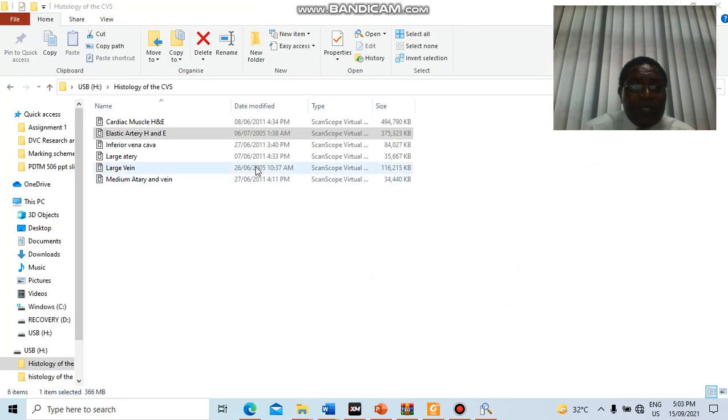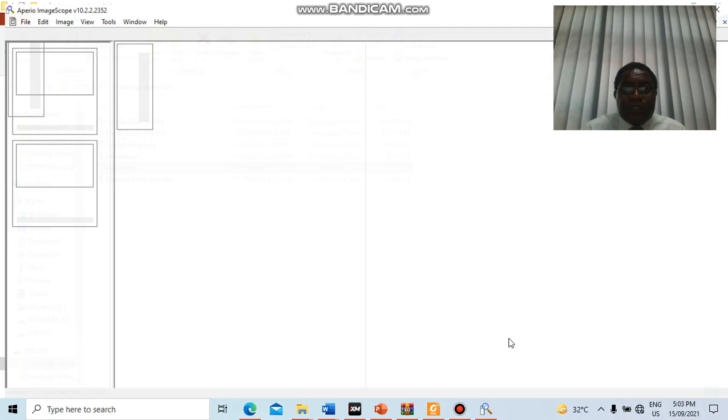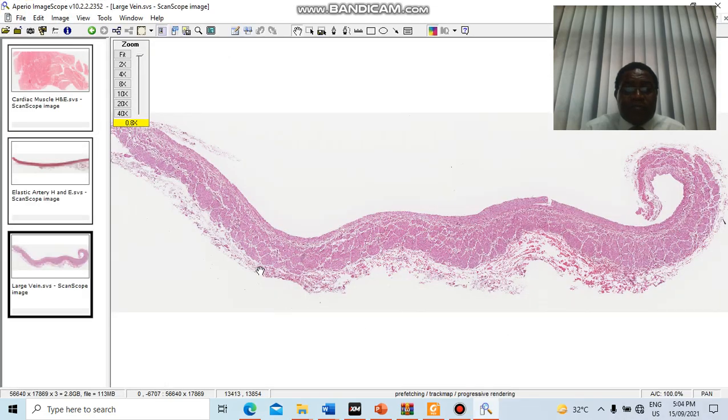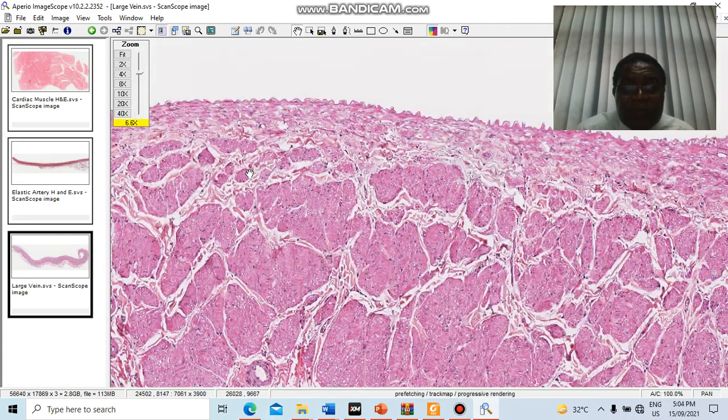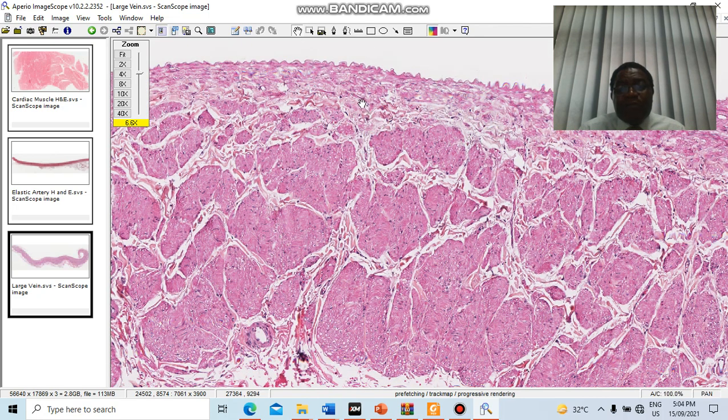Okay, so the large vein will have a slightly different appearance because remember the vein is a capacitance unit. It's mostly for storage. So what we see there mostly is quite a wide tunica adventitia. So again we can see the single endothelial layer. You can see a little bit of the external elastic lamina, which is the basement membrane on which the endothelium sits. Now here we can see the tunica media, and we can see the smooth muscle,